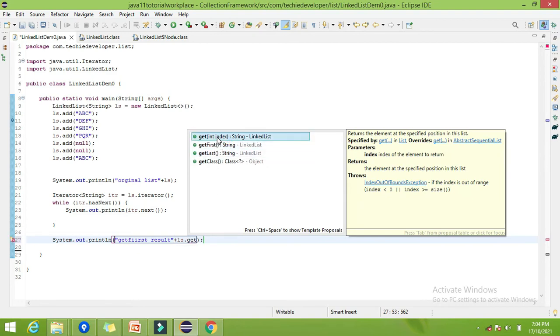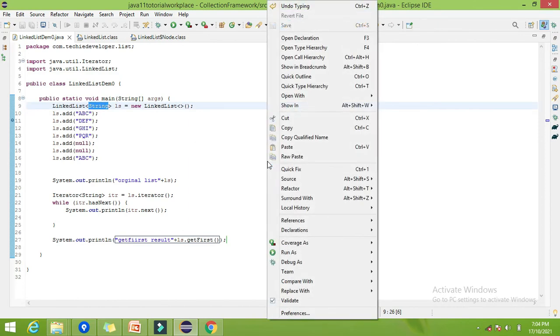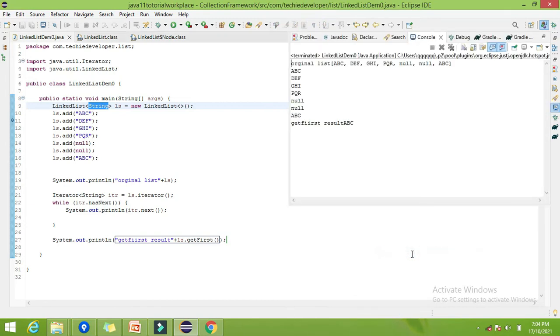Get by index we have already covered in array list, so it is similar, and that's why we are doing this only for the linked list specific methods. So get first, what should it return? It should return the first element in the list. Here ABC is the first element, so we should get the result as ABC. Here you can find the get first result is ABC.